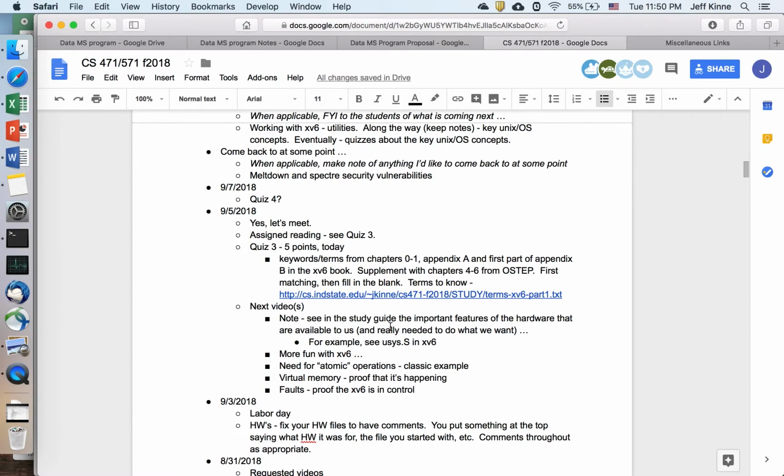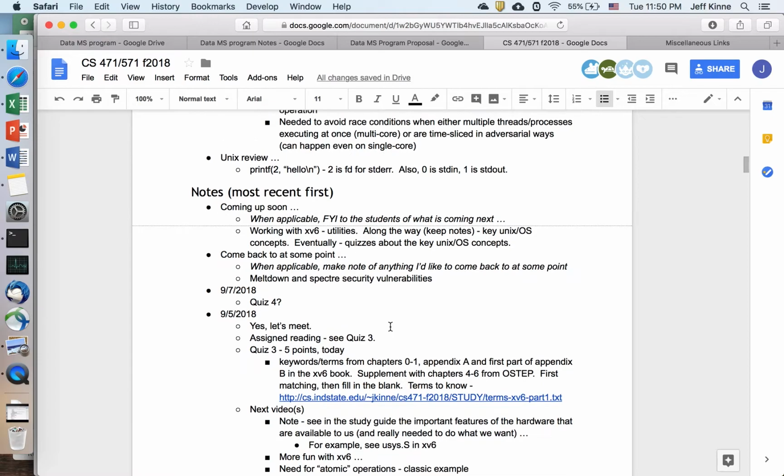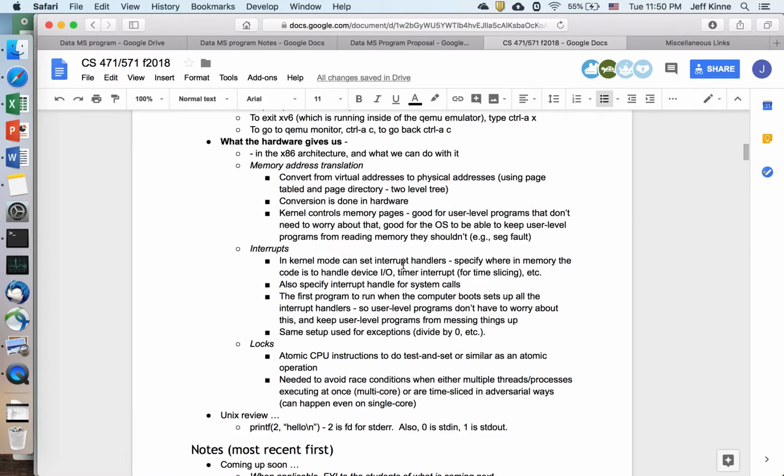with what the hardware has for us, what it gives us. And so I put a couple notes here of what the hardware gives us. These are a few things that we will really get into the nitty-gritty details soon enough, but this is a high-level overview. So one thing that the hardware, in our case we're looking at the x86 CPU architecture,